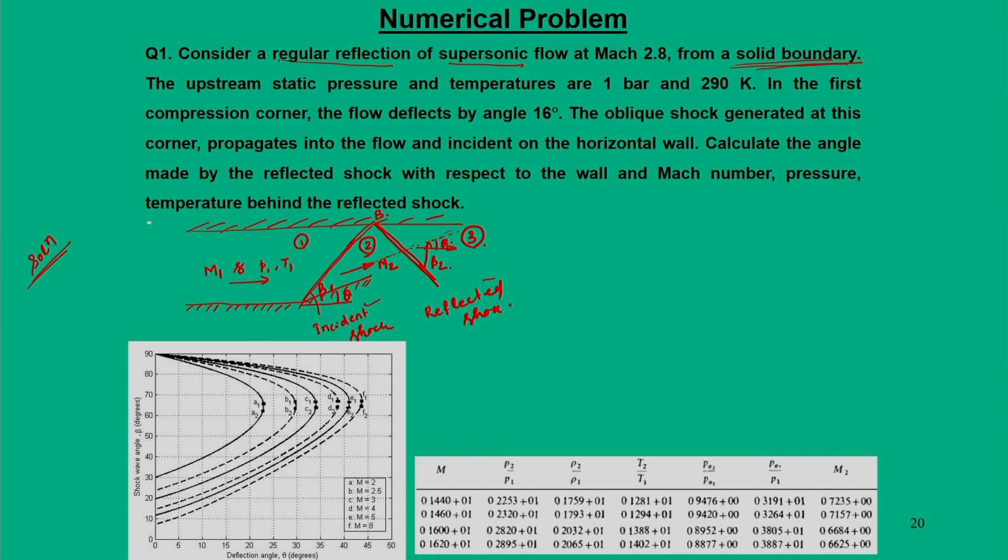So, the question that was asked is that we have to find the angle made by the reflected shock with respect to the solid wall. This beta 2 is with respect to this dashed line and we have to find it with respect to the solid wall. Had this been parallel to this, we can represent this as phi. Okay. So, we have to calculate this phi and P3, T3, M3. So, these are the question marks we need to calculate. We will solve the problem step by step. So, the first step is to go through the incident shock. Let us solve the problem first with the incident shock,